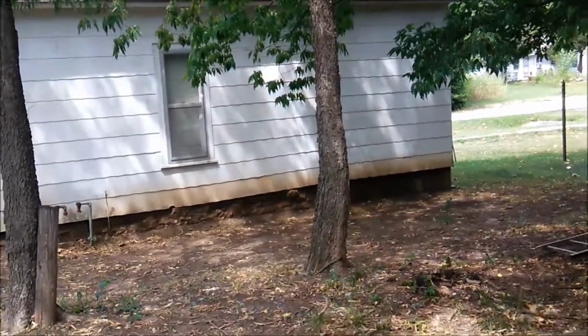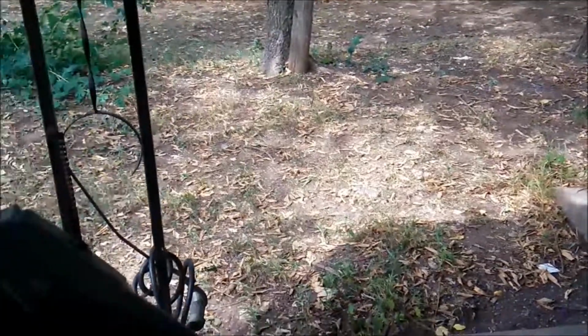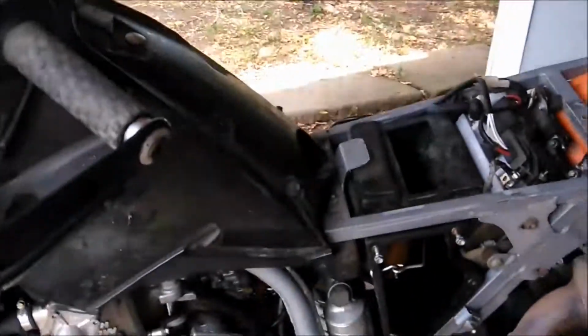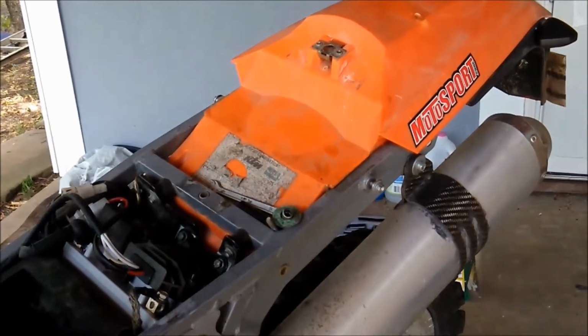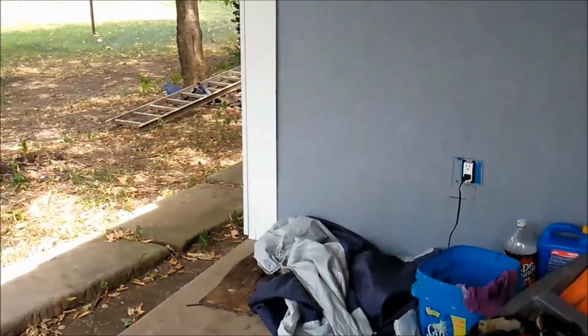She hasn't died. I'll shut it down and see if she'll fire back up. Adjusted it a little bit. It's a little